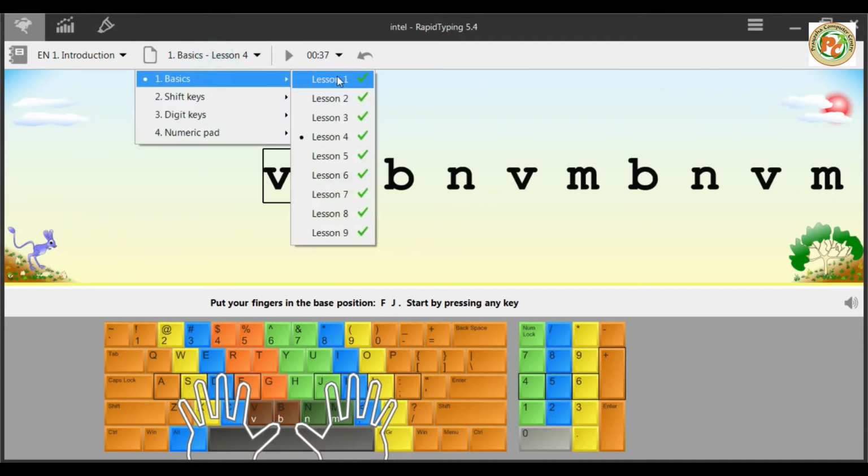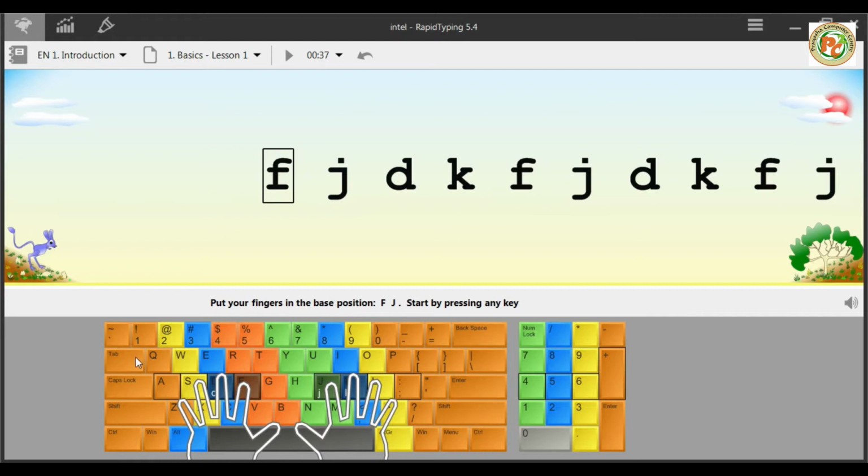Here we can see some basic portion of this. Here you can see the GUI of your keyboard. Let's first learn the names of the fingers. This is the thumb, this is called the index finger, this is called the middle finger, this is called the ring finger, and this is called the little finger. Similarly for the right hand side. Now the same for the left hand side. This is the thumb, this is the index finger, this is the middle finger, this is the ring finger, and this is the little finger.